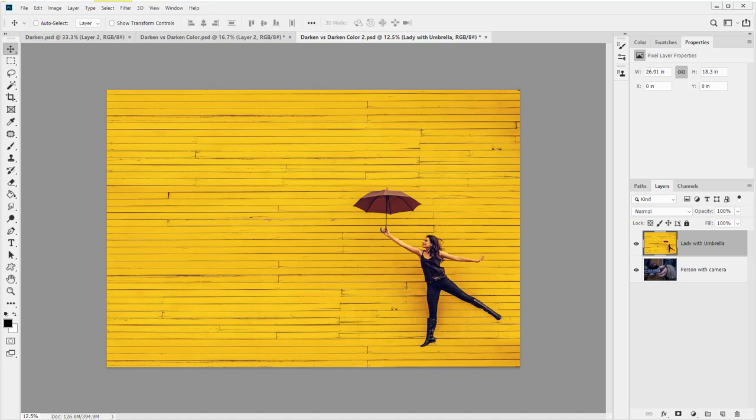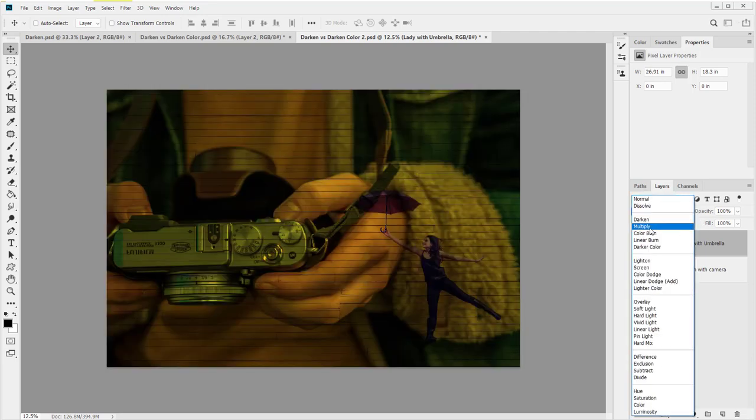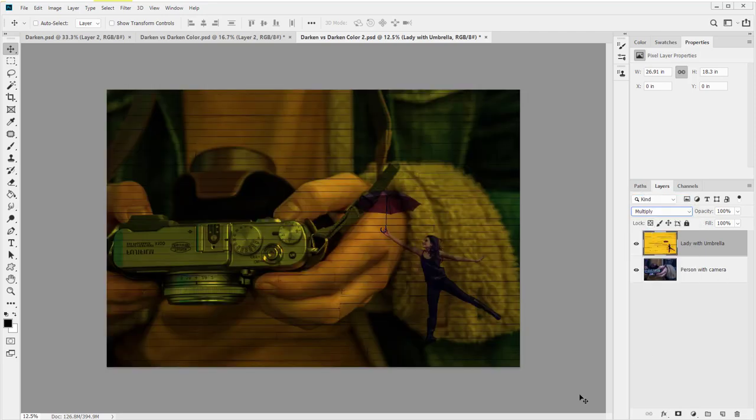Here's one of my all-time favorite blending modes. I come to it frequently for all sorts of things. That is the Darken mode, Multiply. Now, I've heard this described as the same effect of placing two transparencies on top of each other on a